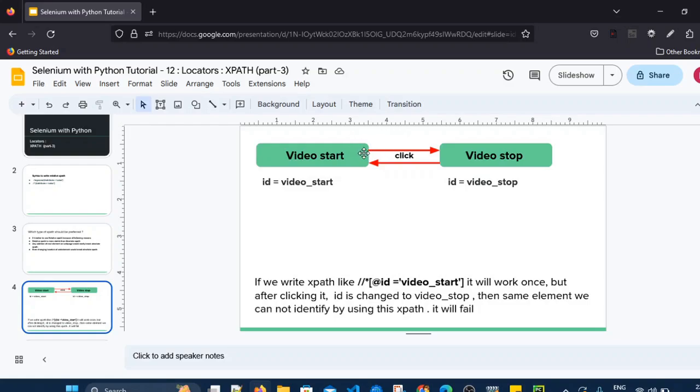So this is the scenario where the XPath has to change dynamically, since the attributes of the element are changing dynamically. We have to write the XPath in such a way that it can catch such elements. In today's session we will see how to write dynamic XPath and the different ways to write XPath in such scenarios.